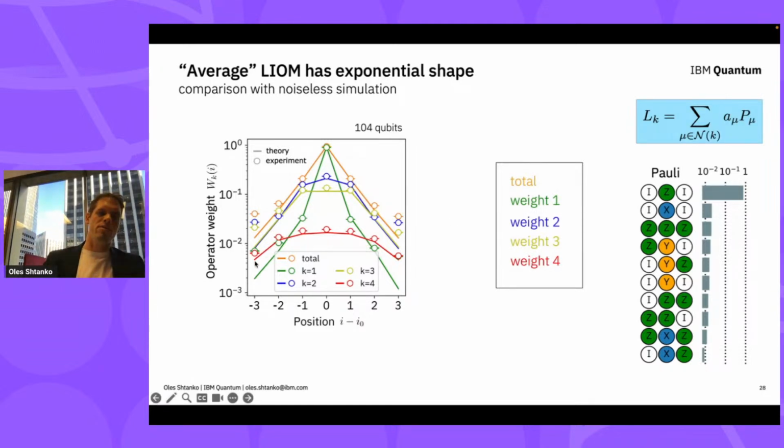And what you see here, lines are essentially classical simulations, while dots are experimental data. And as you can conclude from this plot, well, we did pretty well, right? We get most of the points right, except for these tails. And these tails, again, this is a logarithmic scale, so not as horrible, but I think they are caused by the noise, which makes the real operators you measure a little bit wider because it causes decoherence in your system.